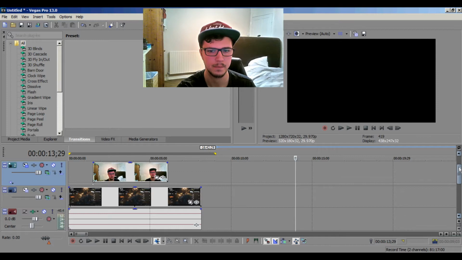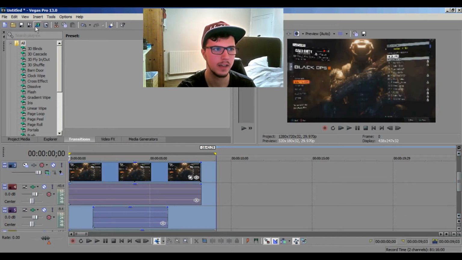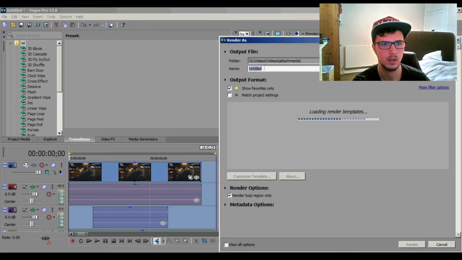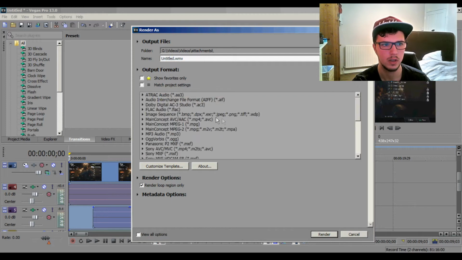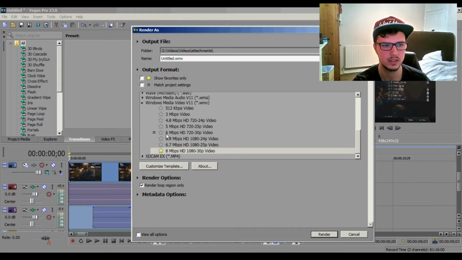Once you've done that, you want to highlight the whole video and then hit this button up here, and it says render as, so you want to hit that. And this is going to give you your rendering options. You want to decide where you want to save it. It will give you all of this stuff, and the one that I'm using at the moment is this Windows Media Video